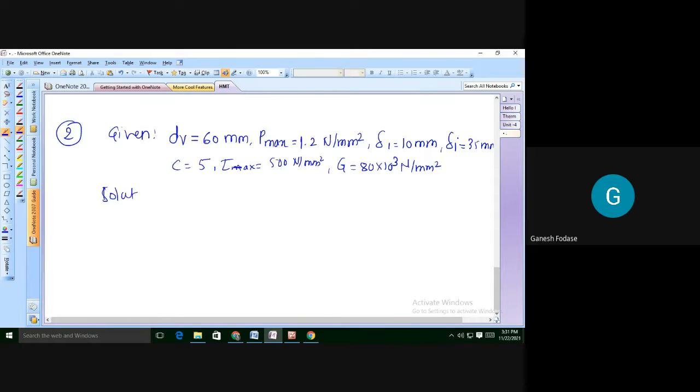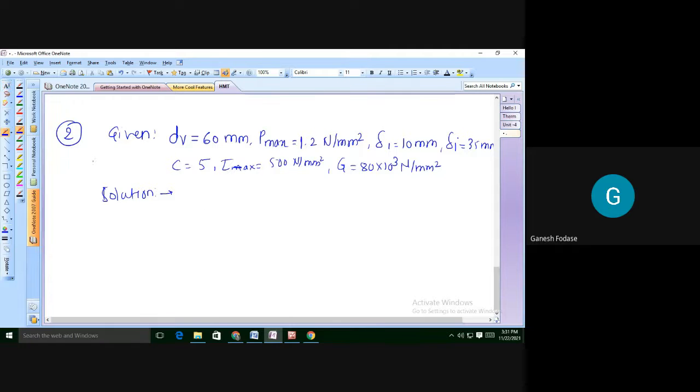So the entire spring we have to design. Now see the main difference here. In the last case, the W value was given to you directly. You can check the numerical. But there are some numericals where W is not given. Otherwise, the entire numerical is the same. Here W is not given, but we need to find W indirectly. How can we find W now? For finding W, the area of the valve is given. The diameter of the valve is given, pressure is given. So if pressure is known and area is known, can we find the force on the valve or the force on the spring? Yes or no?